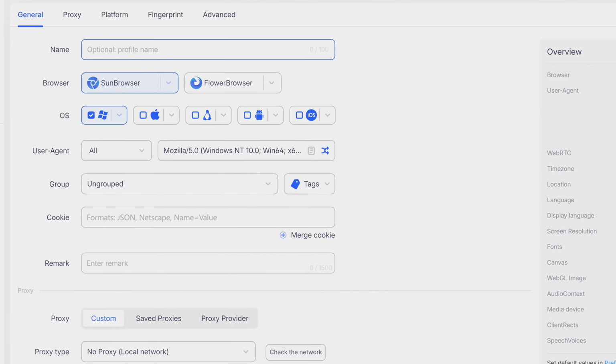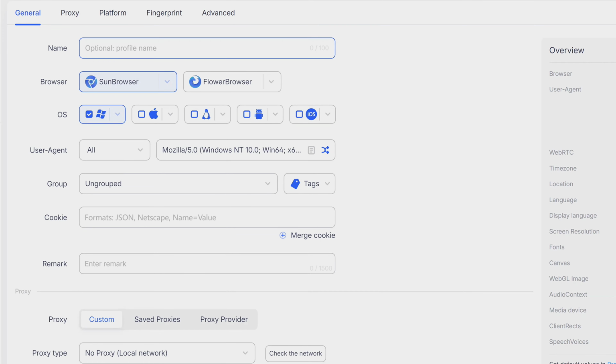Now the first thing they ask you for is the name of your profile. This might seem simple, but having a good naming system helps when you are managing multiple accounts. So let's say I'm creating a profile for Instagram marketing. I'm gonna name this Instagram Marketing 01. See what I did there? I made it super clear what this profile is for. And I added a number at the end so I can create more profiles later like Instagram Marketing 02 and so on. You can name it whatever makes sense for your use case, Facebook business, Amazon store, YouTube channel, just